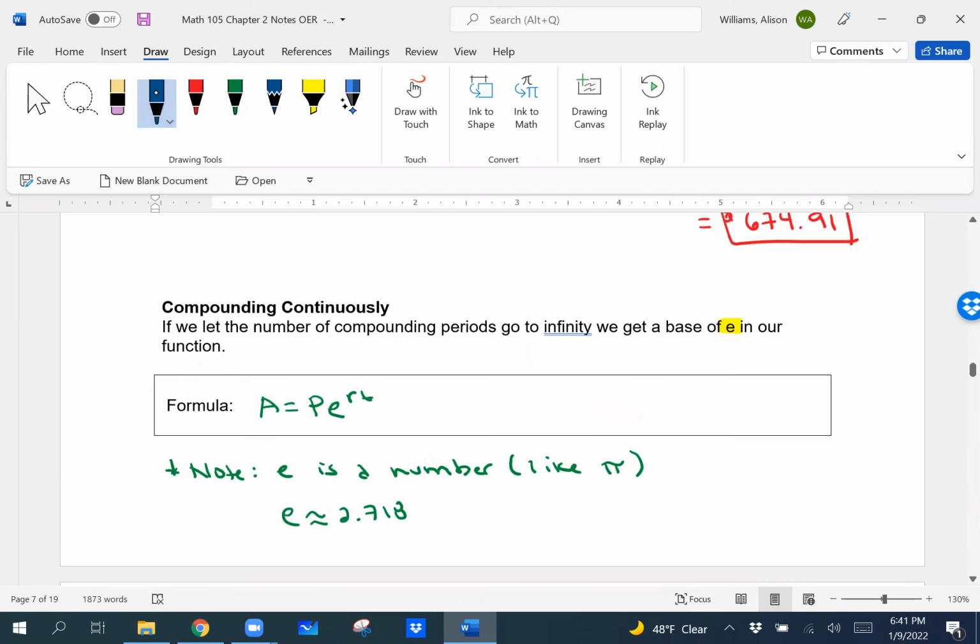Okay, so let's use this formula for this problem. I didn't ask for us to do it, but let's just do it. Let's use the same $500 investment. So that's P, E, and then R is 0.06 times 5 years. So in the calculator, I'm going to do 500 E to the, okay, so 0.06 times 5 is 0.3. So I'm going to find E to the 0.3. That's the easiest thing to do. E to the 0.3 first, which gives me 1.3498, and so on. And then I'm going to times that by 500, and that gives me